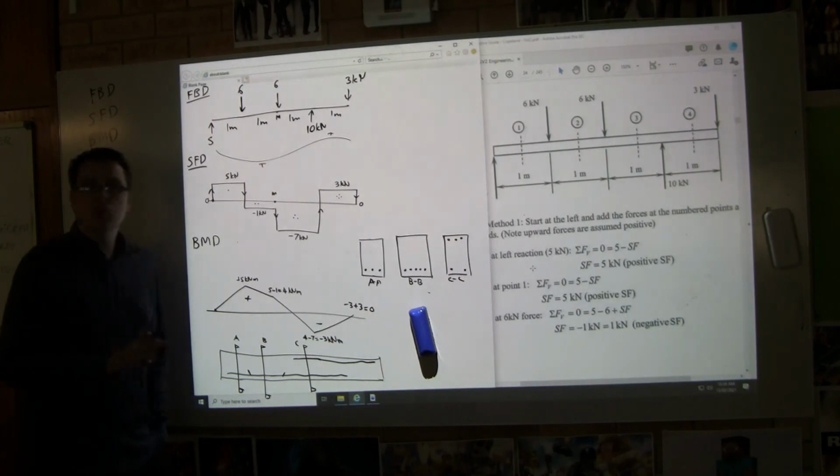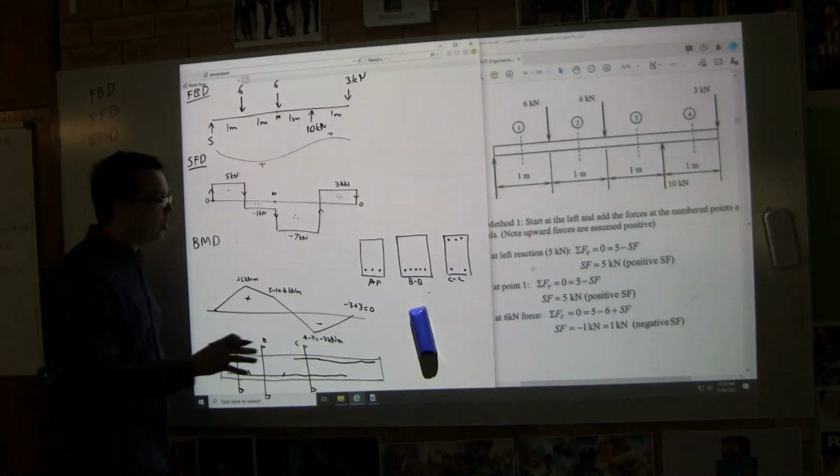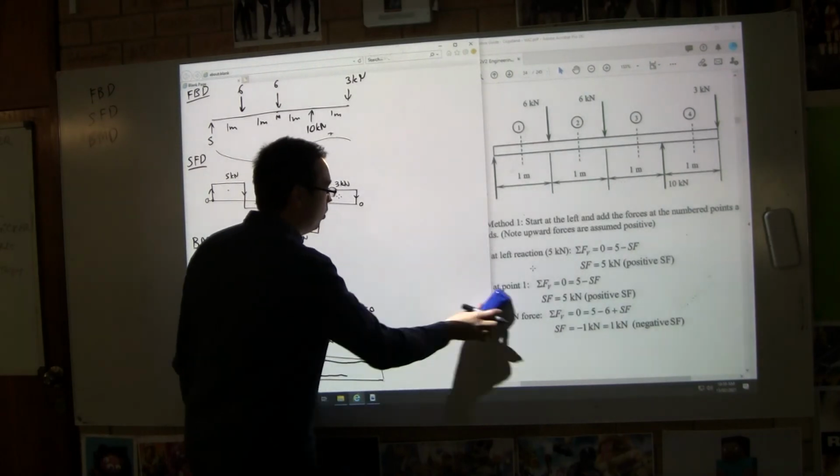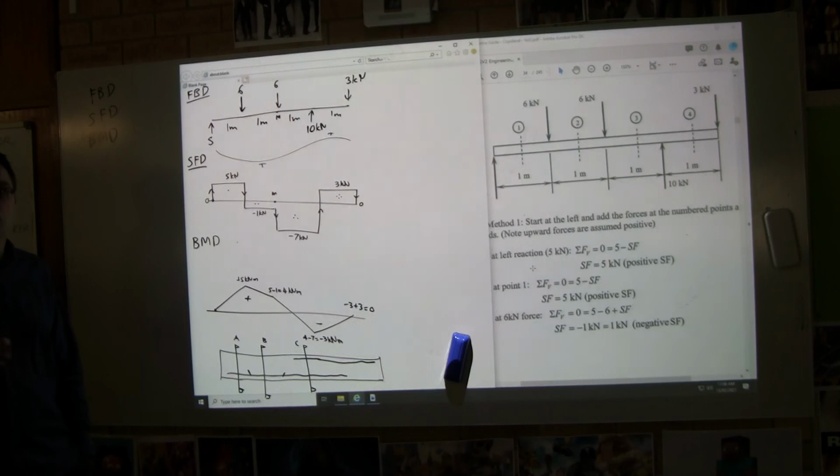Okay, this is not the sort of thing you're going to be asked in HSC. It's very unlikely, but they do talk about why do we bother with these diagrams? Well, this was a question, let's just say I have some experience with this question, and